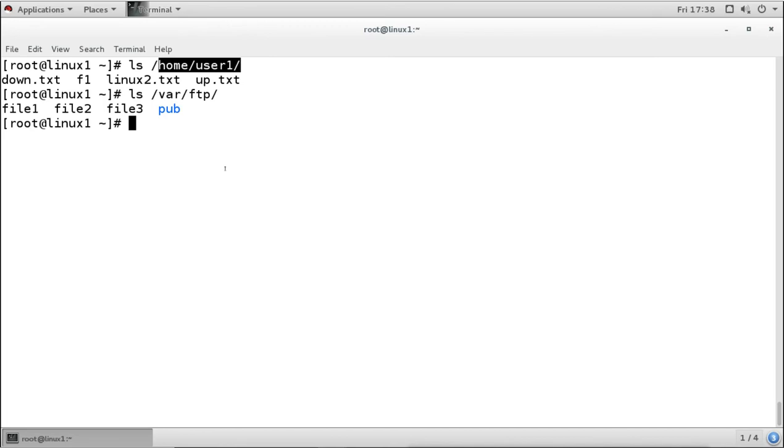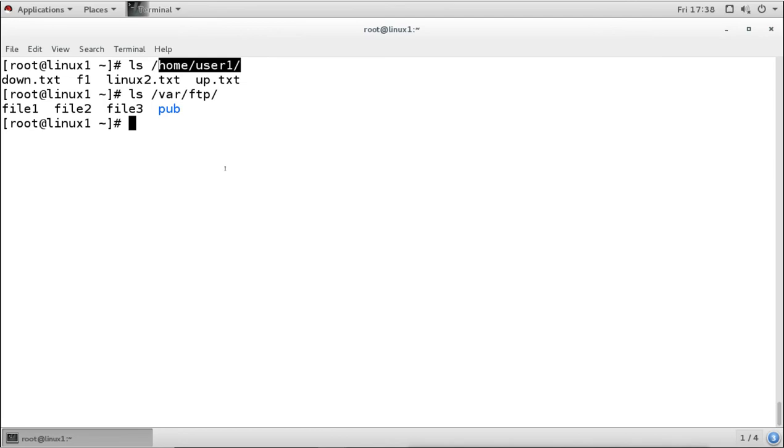Now if we want to change some configurations of the FTP server, for example, I want to deny the anonymous user, because the anonymous user is just a user who is not authenticating himself. It is just another unknown user. So why should we allow an unknown user to log into our server and download the files? So we want to disable the anonymous user.